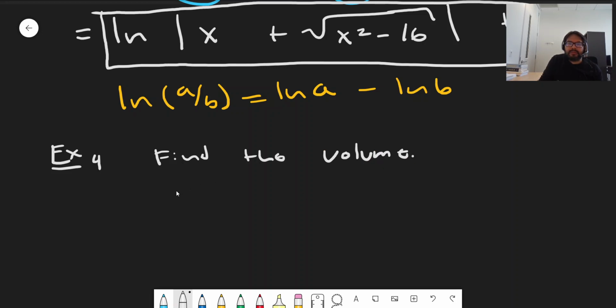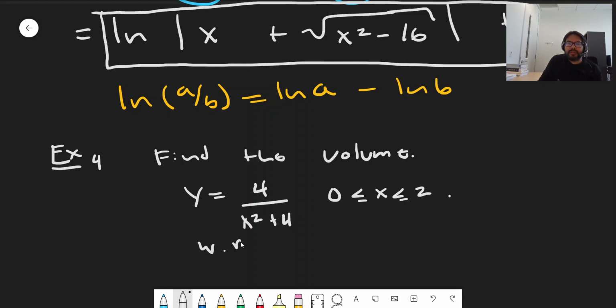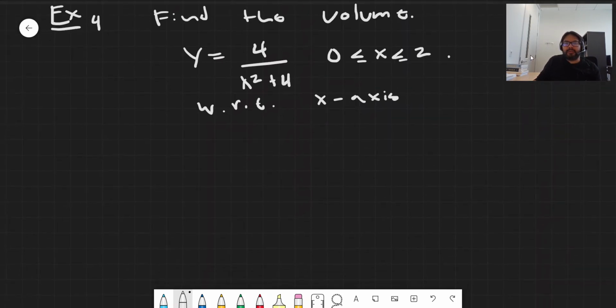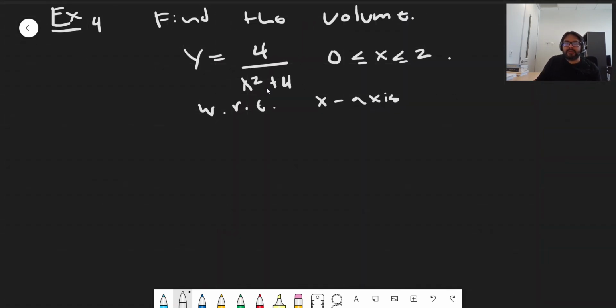And in this case, if you have y equals 4 divided by x squared plus 4, and you're looking at it from 0 to 2, you might say that it's with respect to the x-axis. So in either case, if you were going to try to find the volume of a solid with respect to this equation, that means you're just using that r of x is equal to